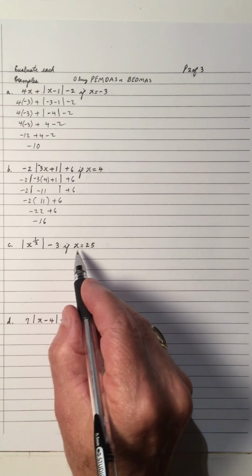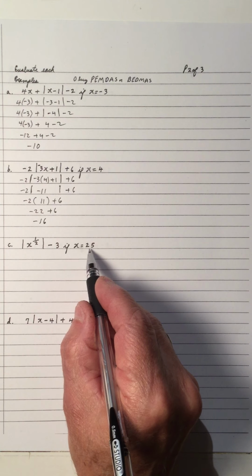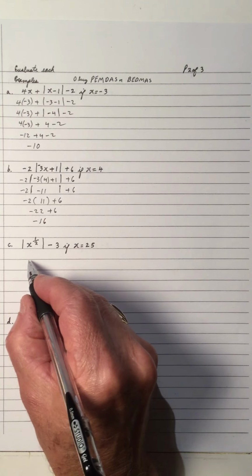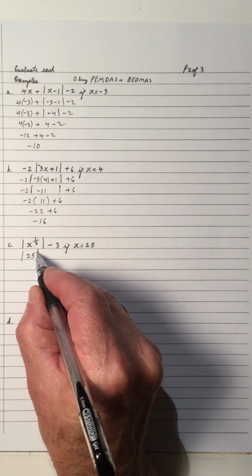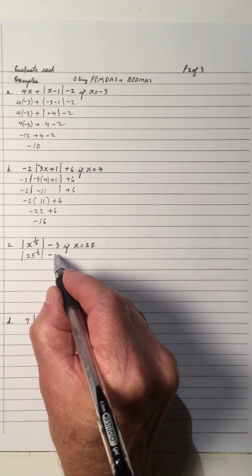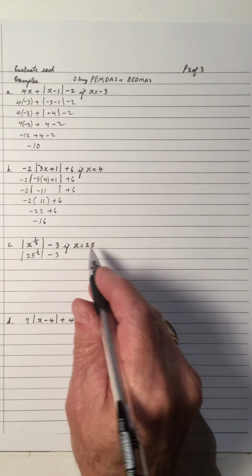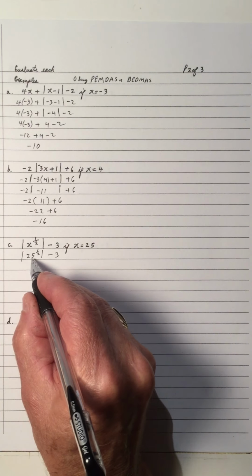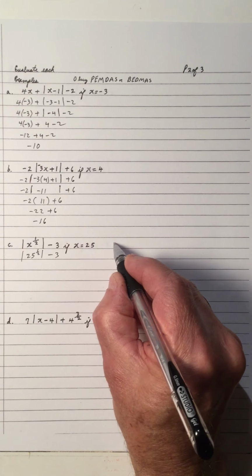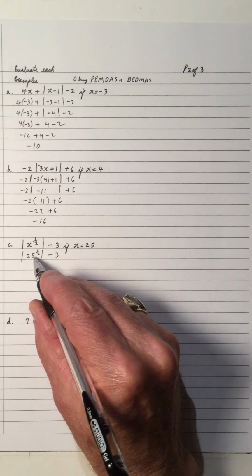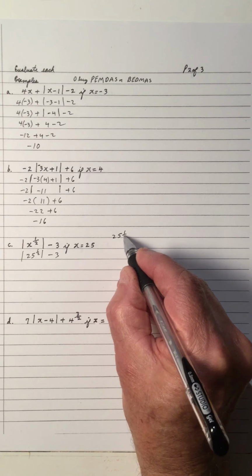C, x is 25, so we have to sub 25 in the place of x. Absolute value, 25 to the 1/2, absolute value, minus 3. We have to keep working the inside. 25 to the 1/2, we could do it two ways. 1/2 is square root. So 25 to the 1/2